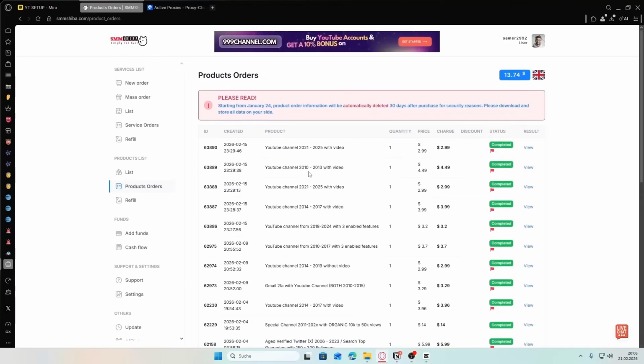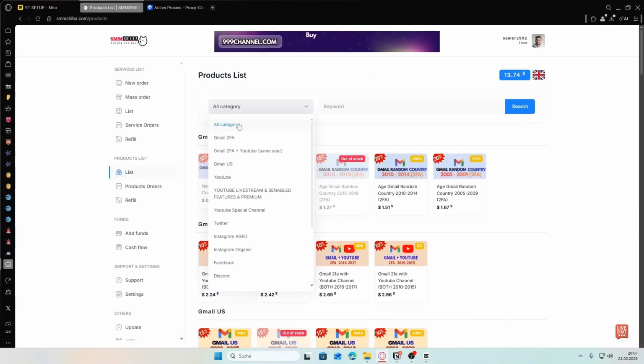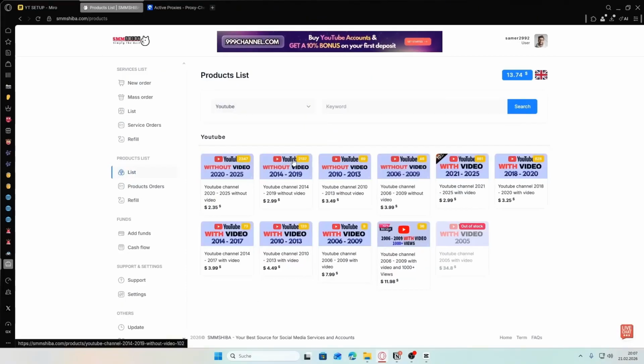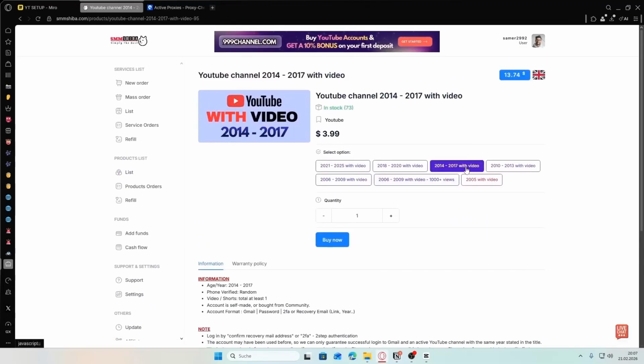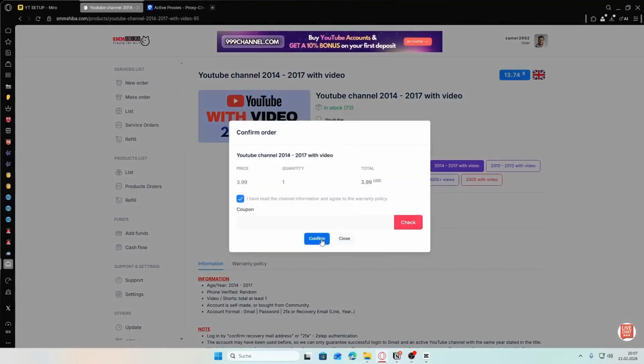Alright, so I'm currently at my dashboard on smmshiba.com. And do not get confused by the website names. SMM Shiba and SMM Dodge are actually the same website. So all you have to do once you've created yourself an account here is to go on list, click on this category icon, select, and here you want to select something, basically any option that says from with video. So I'm going to choose this one right here, and this should be already fine. 2014, 2017, yeah. Now I'm going to click on buy, confirm,